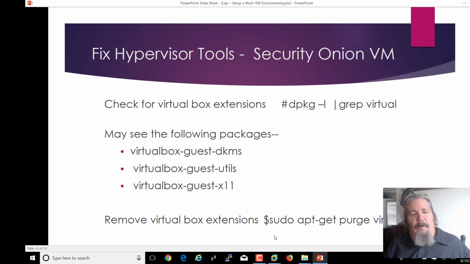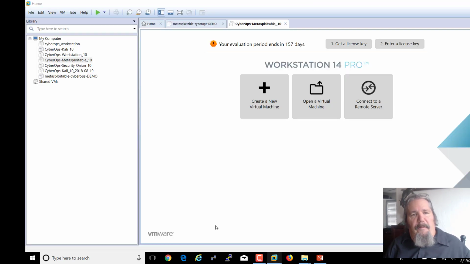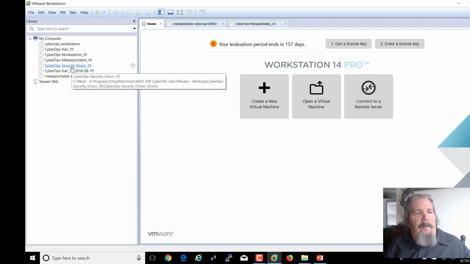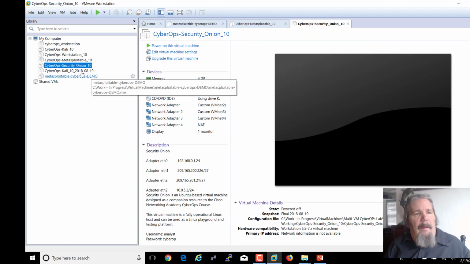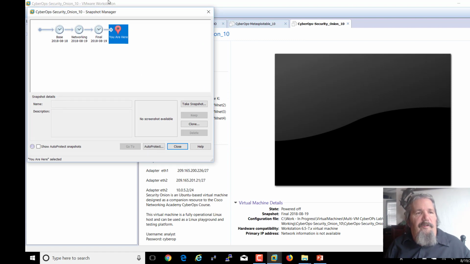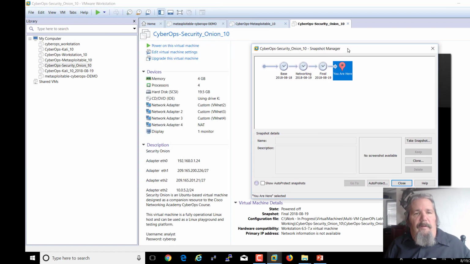I have gone in, and like I said, I've already imported the machines. One of the things I would suggest doing, and I'm going to go into snapshot manager just to show you what my process is: before you do anything to these, make a base snapshot. This will allow you to roll back if you have problems. Believe me, you can have problems. Then what I did is I came in and set up all the networks and assigned them, did a snapshot, and then I